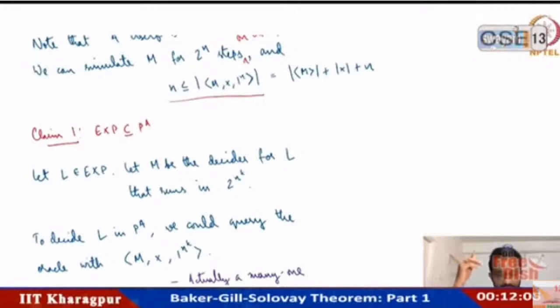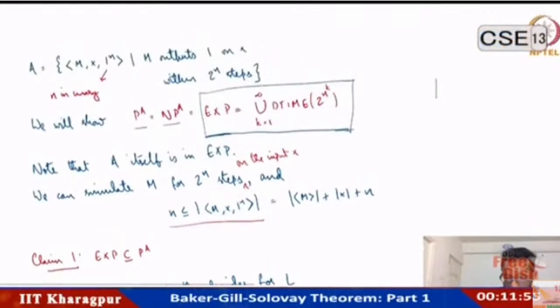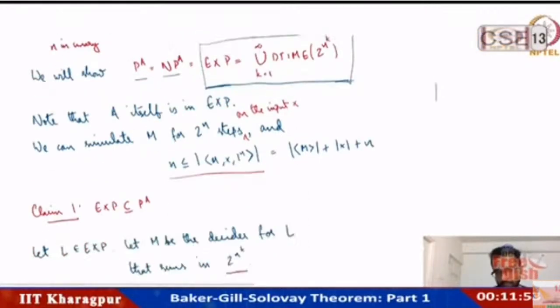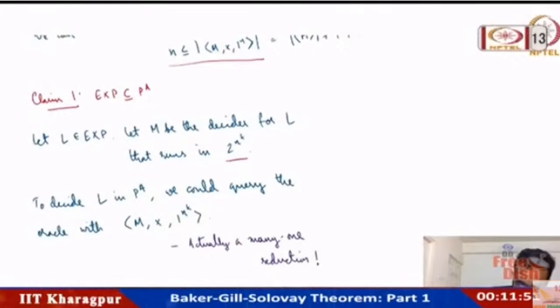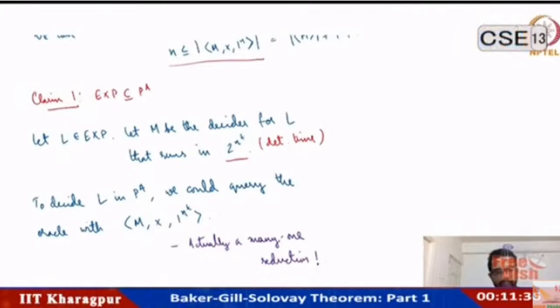Which means there is an EXP time decider for L. So let that decider be M, and let M run in 2^(n^k) time, right? This is what EXP time was. 2^(n^k) should be the running time complexity, right? It's deterministic time, because it is in EXP time, right? And to decide L in P^A,